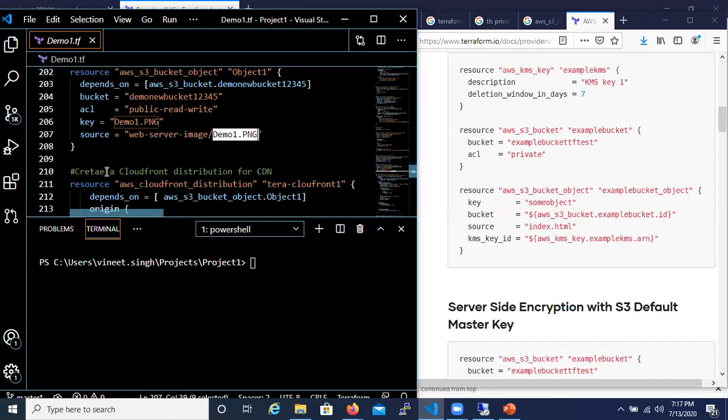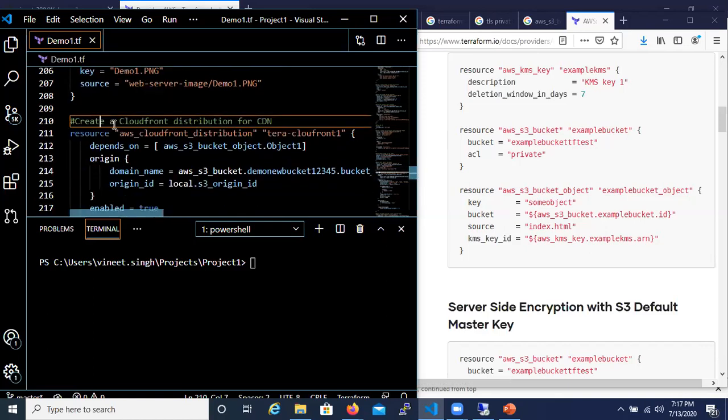And then I have to make sure I am using a CloudFront distribution because of this application being accessed from various regions.